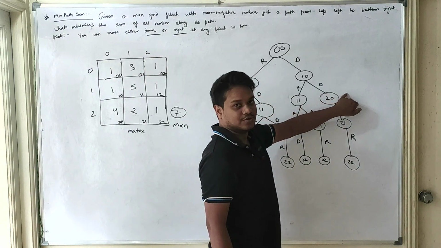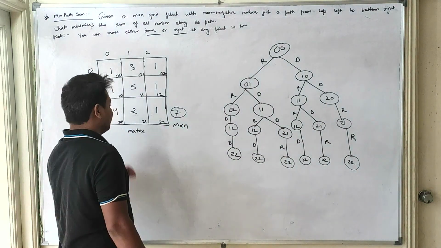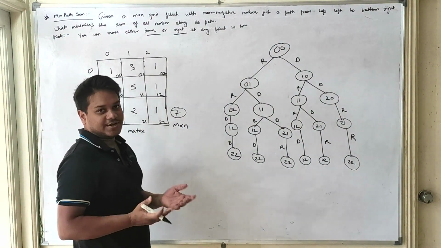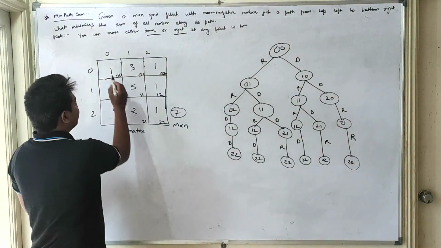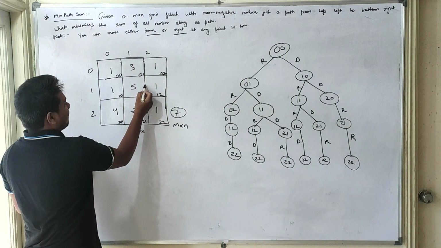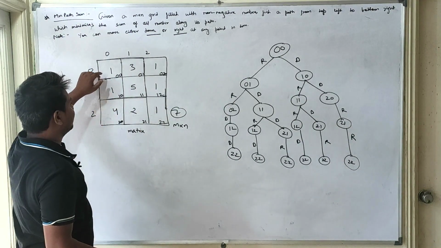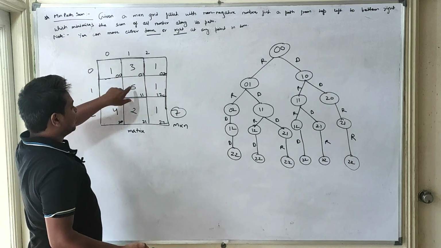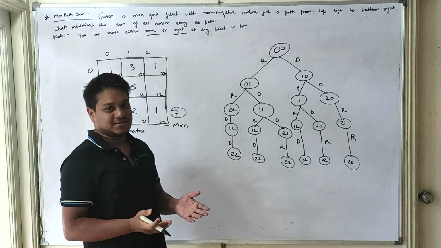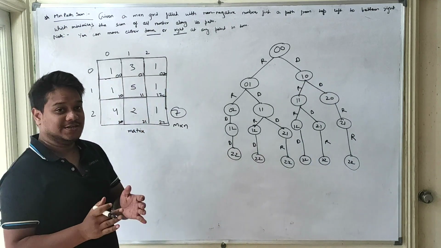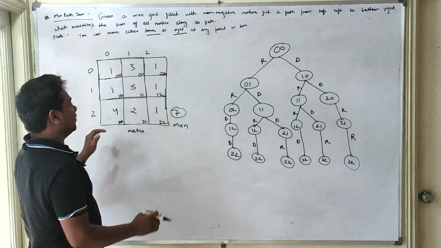Similarly from cell 2 0 we can only move right, but we cannot move down. So let's take a smaller sub problem and then try to solve this. Suppose the matrix was only this one, this was the only matrix which we were given, so we had to reach 1 1 in this scenario. So what would be the least path in that case? What would be the sum of the least path if we can move right or down?